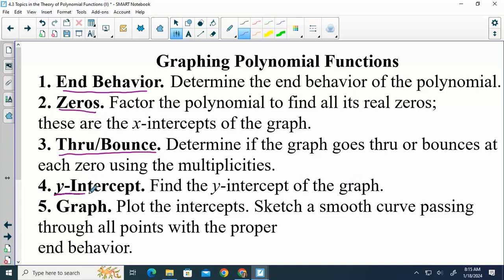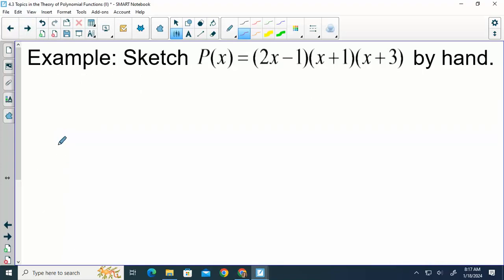Step 4, we find the y-intercept. And then step 5, we will draw the graph. So we're just going to practice this the rest of the class. Alright, so if I want to sketch this, I need the end behavior. To get end behavior, I need degree. So let's go ahead and just write down our